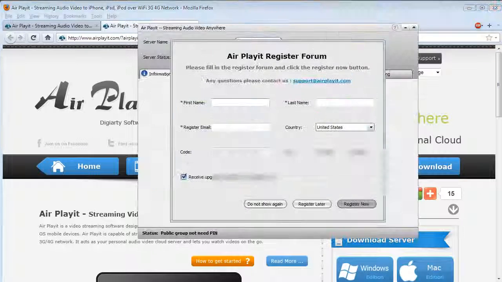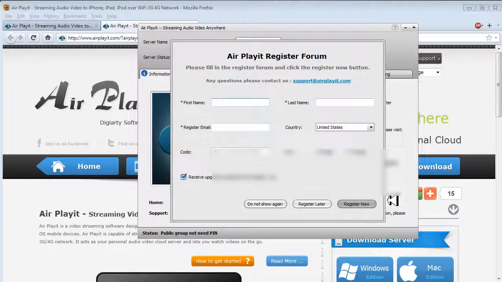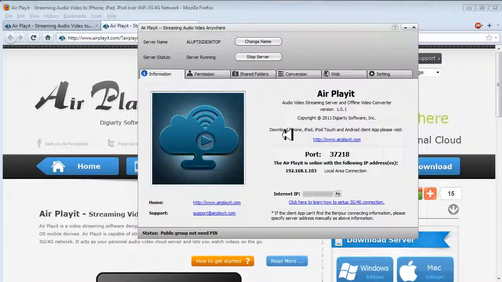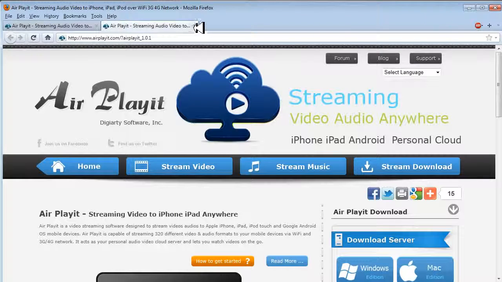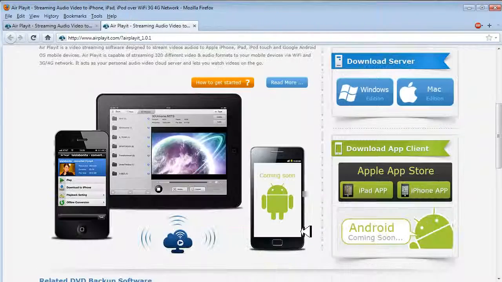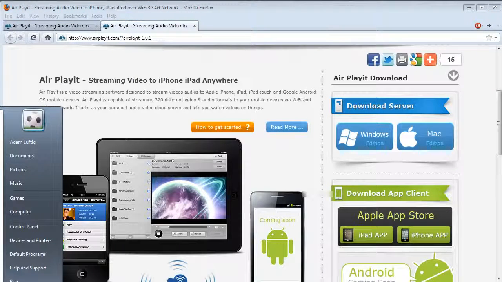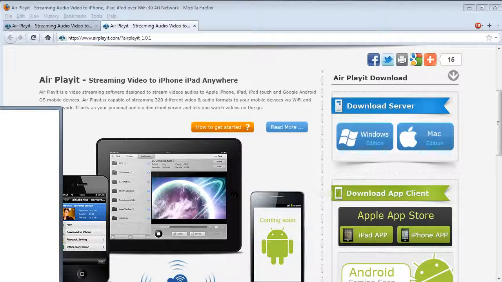Now I have it downloaded here, and I'm going to need to either register or log in. Now I'm just going to register later, but I already have an account, so that's okay. Alright. So here we go. I can X out of this. Now, to play my files on these devices, I'm going to need to download it on the device. So now I'm going to go on my iPhone,